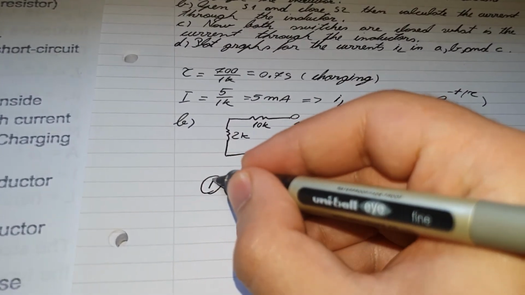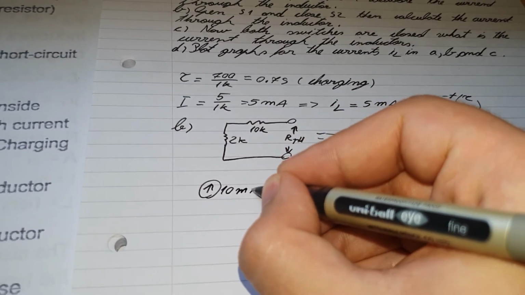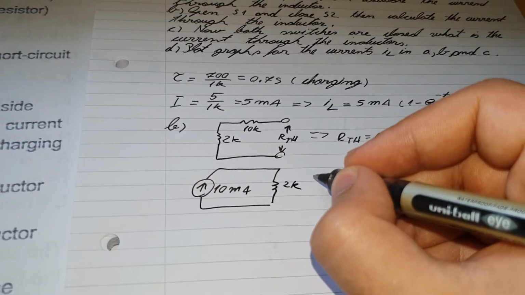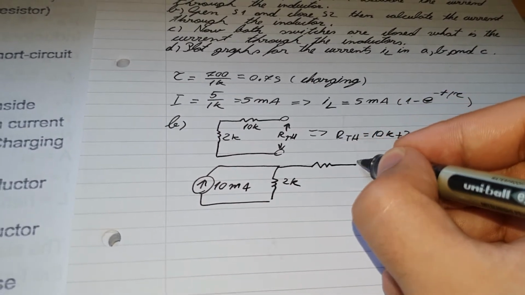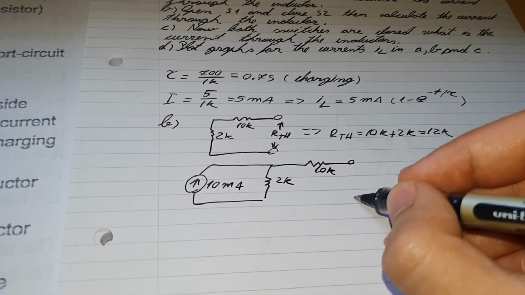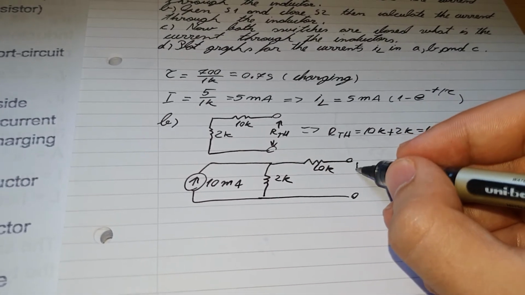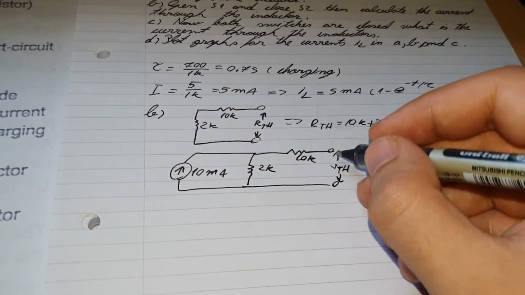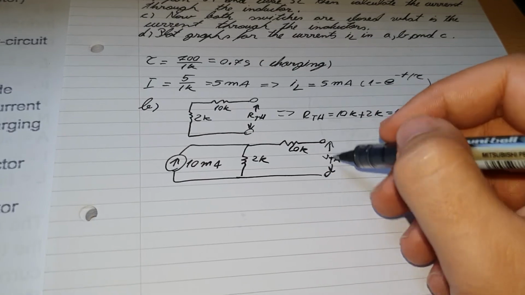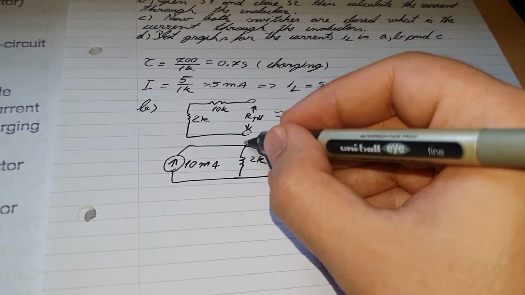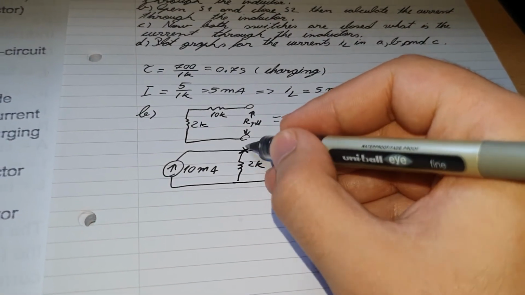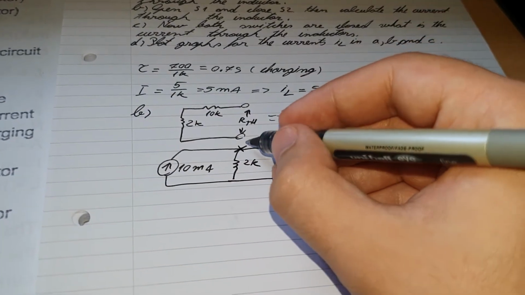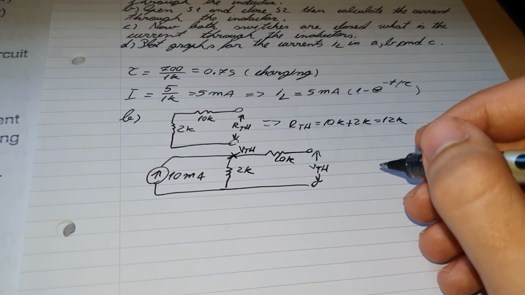Now let's calculate the voltage supply, the VTH. So first we put the current in, that will be 10 milliamps. Then we have in parallel one resistor, the 2K, and then we have another resistor here to the top, which is the 10K. And we know that when calculating VTH, this one is seen as an open circuit. There is no wire, nothing invisible to it. So we'll need to calculate the voltage value from this point on, because the 2K is in perfect parallel with VTH.